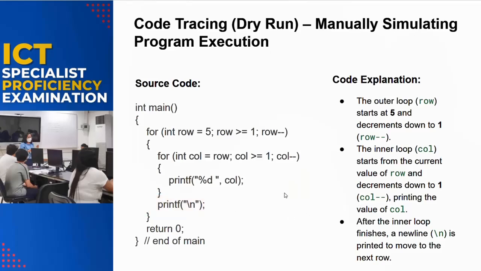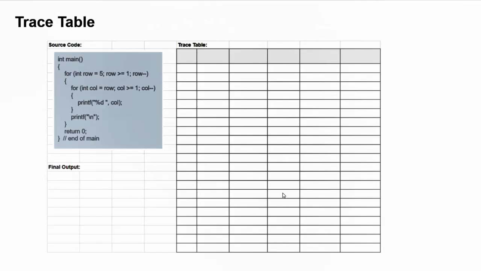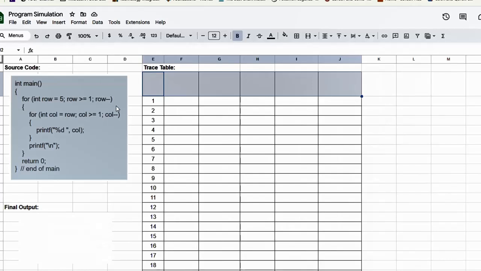Paano to i-execute using a trace table? So given yung trace table, following the steps na ginamit, you have to identify the variables and then the steps and then the possible output. So we will try this on how to use a trace table in solving this, the final output of this source code. Now for the trace table, so we will start with